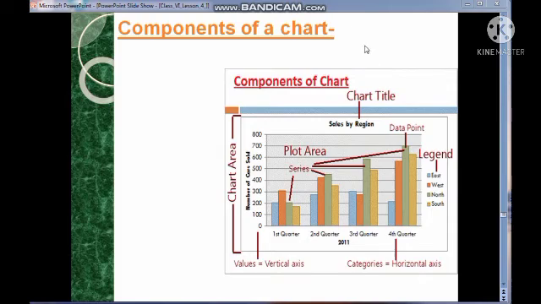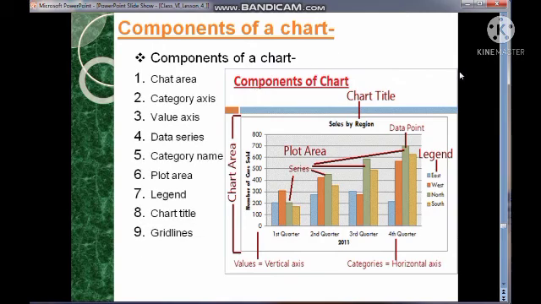Now I am going to explain the different components of a chart. The different components of a chart are, first, the chart area. You can see in this given chart, this complete area is known as the chart area. Second is the category axis.